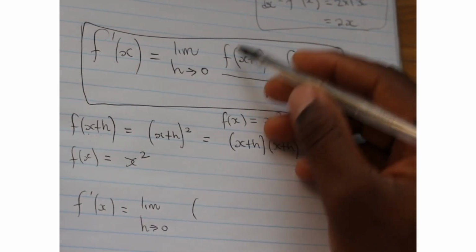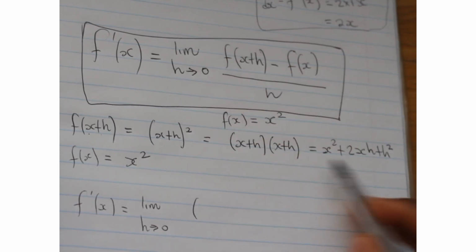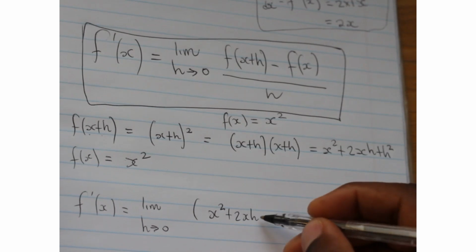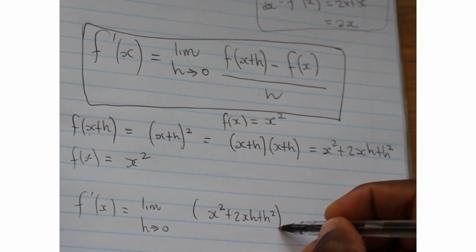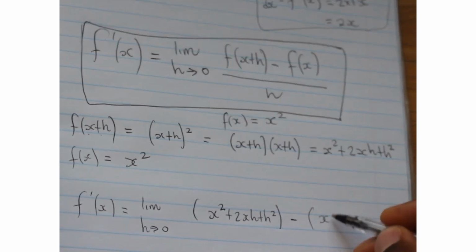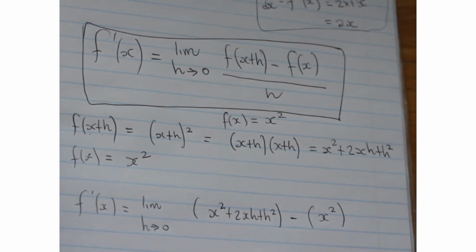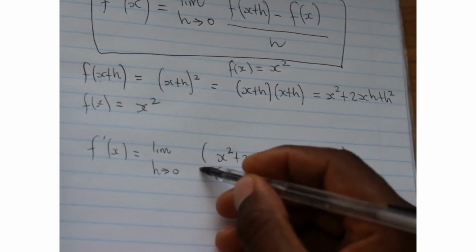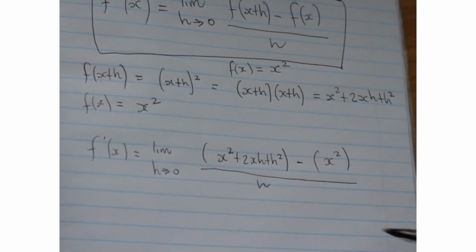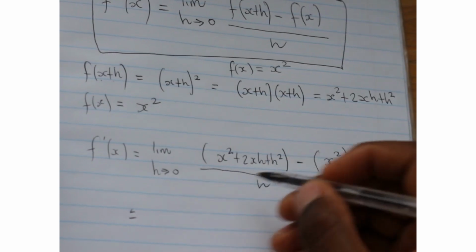So f of x plus h is going to be given by x squared plus 2xh plus h squared. Now we're going to subtract f of x, which is x squared. And then obviously we need to divide throughout by h. So now let's simplify the